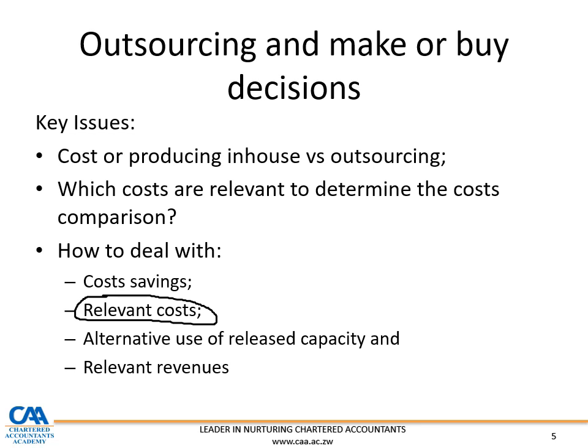Another question that comes into play is, if you go the route of outsourcing, what is going to happen to the capacity that we are using to produce now? That capacity can have an alternative use. As an example, let's say it's a warehouse that we use to store some of our manufactured products. Now that we are outsourcing, that warehouse is excess capacity. If you have an option to sublease that warehouse, you may get rental income. That rental income then becomes a relevant cash flow for the option of outsourcing,